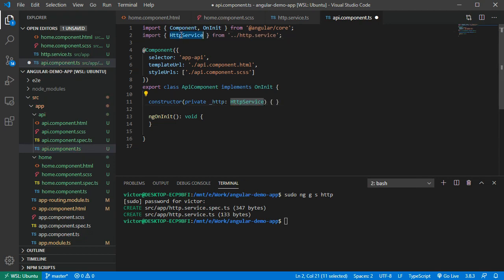The name from here needs to match this one from here. And then after that, this is the main ngOnInit. This is like a life cycle event, or like a life cycle method which runs. It's like the render function from React, but it's called ngOnInit. And here we add the functionality, and let's say we want to add,